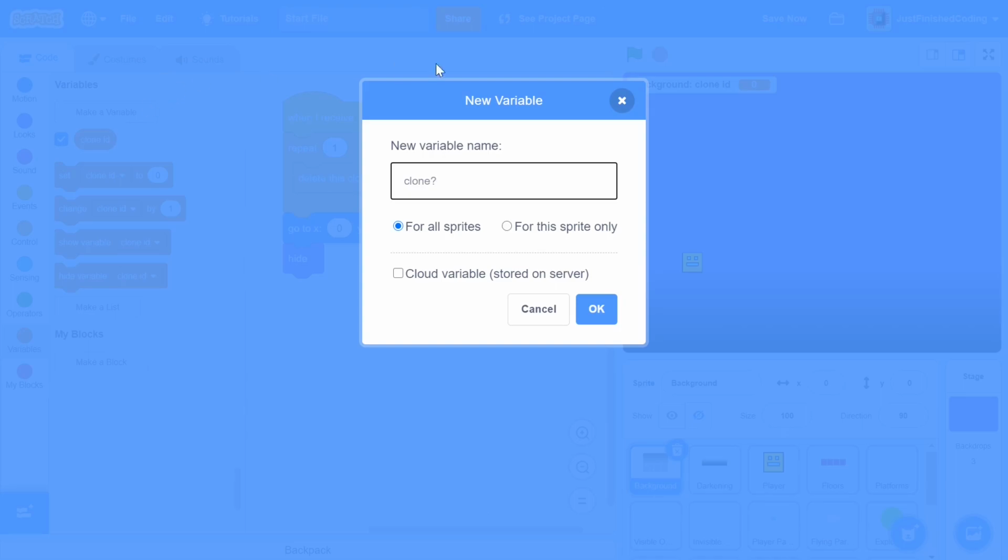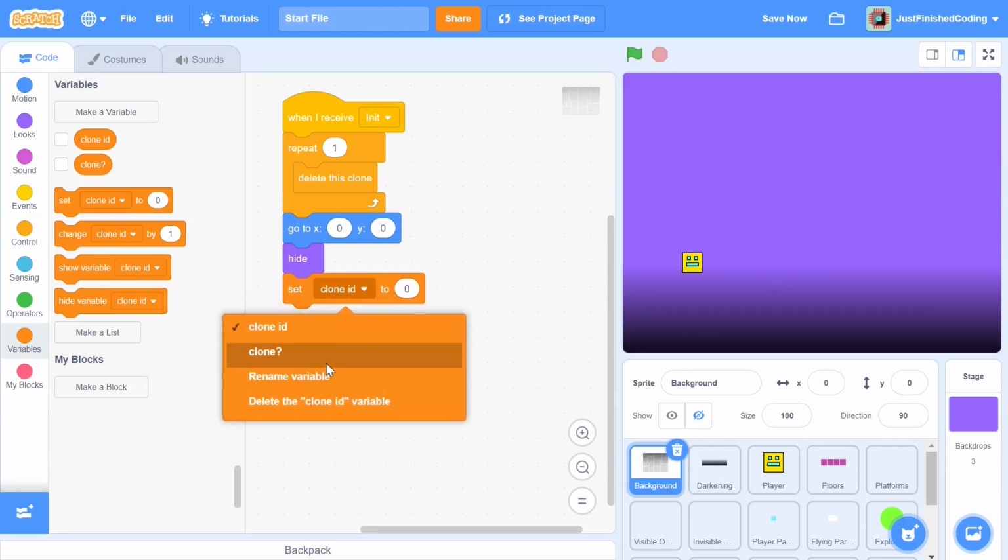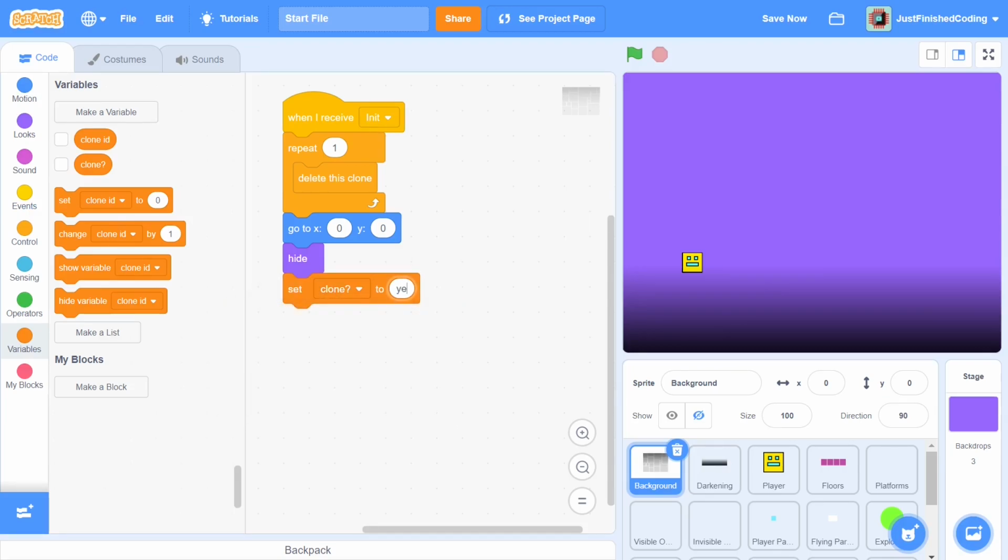The question mark signifies that this variable has only two different possible values, which is yes and no, and hence it is a boolean variable. So click OK, and let's make sure to hide those two variables because we don't want them interrupting the screen display. So let's set clone to yes, and we'll set clone to no. Okay, I'll explain why we're doing that.